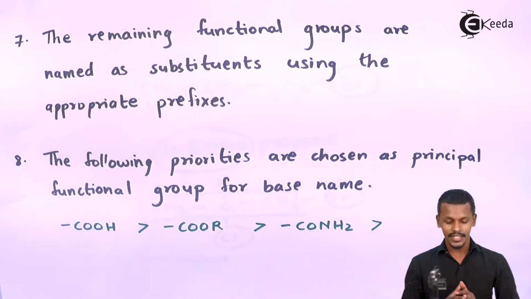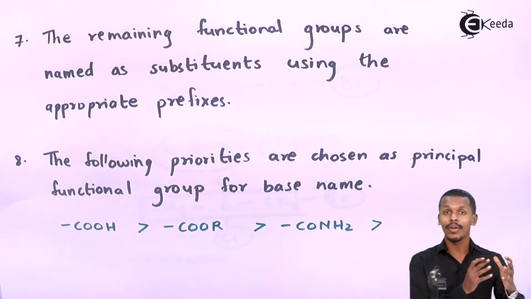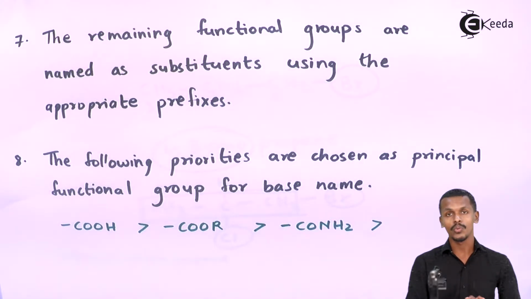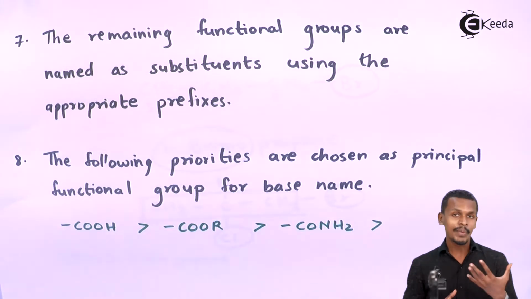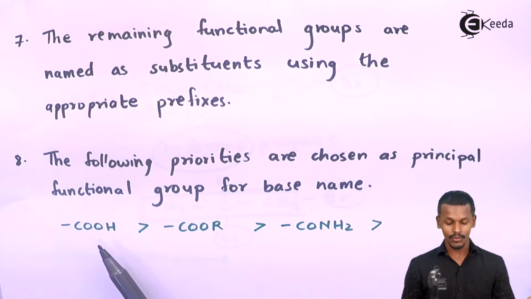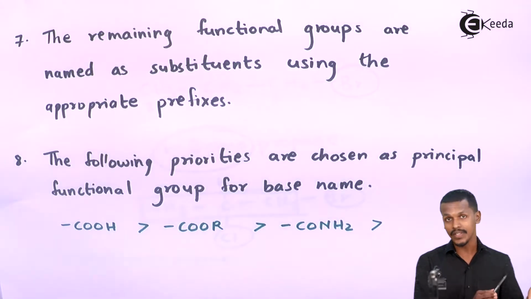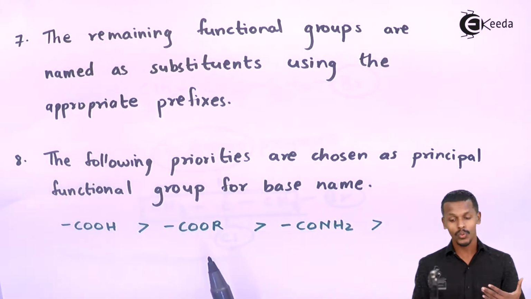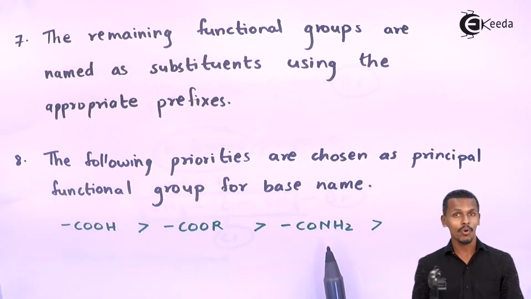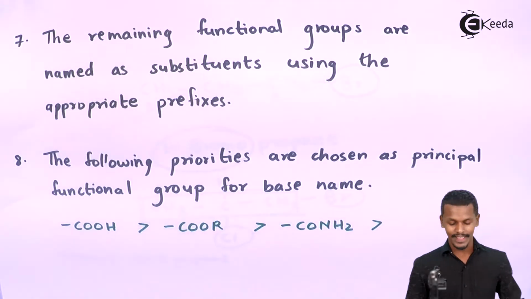So that is what we are concerning in the 8th point. Suppose any two functional groups are being attached to the organic compound. So what would be the preference? Talking about the first one, the carboxylic acid group, COOH, this should be preferred first, and then it will be followed by an ester group, and then an amide group, and then we should follow